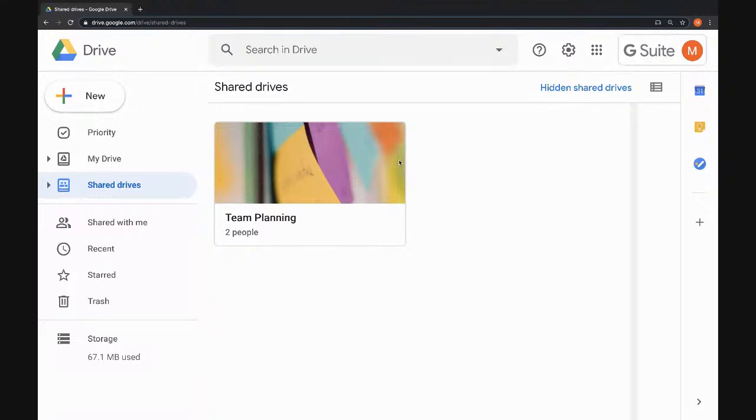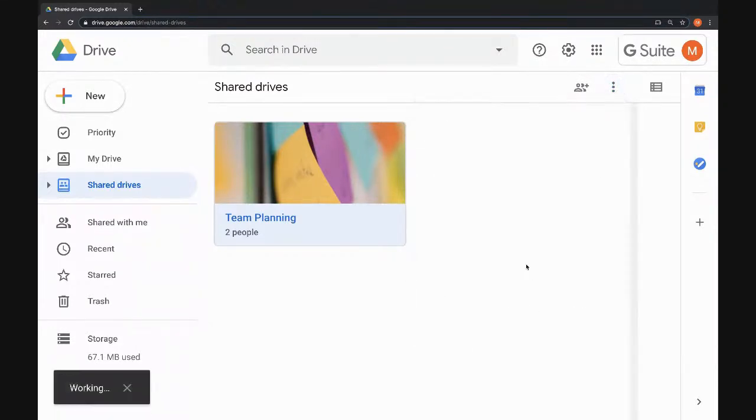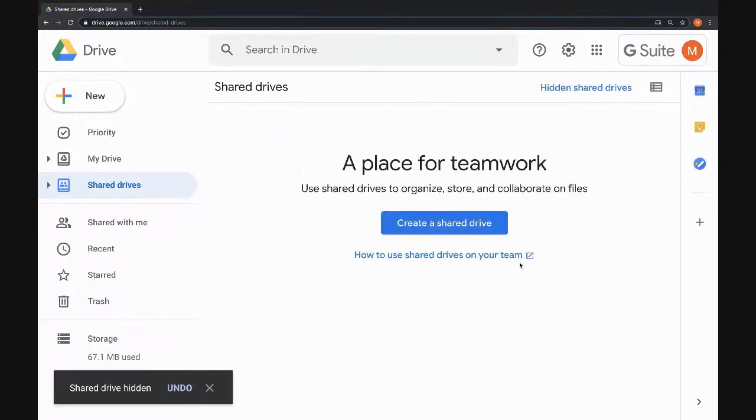And after a while, this page might start getting a bit cluttered. So a really great way of managing this is if you click on a shared drive that you maybe don't use as often, for example, and then go to the More Actions menu up here, you can choose to hide the shared drive. And you'll see that it disappears from my main shared drive page.